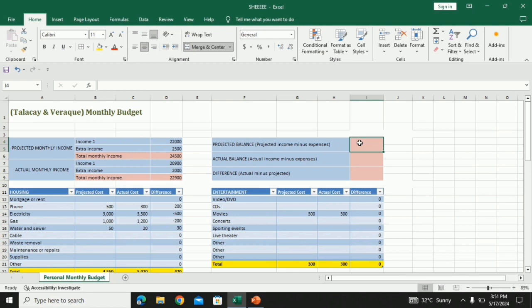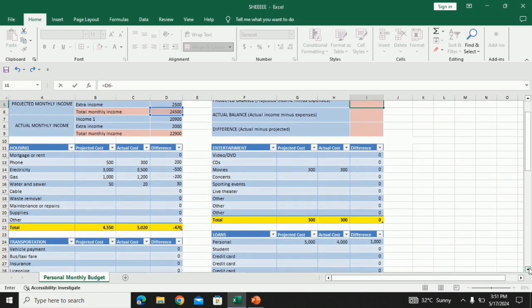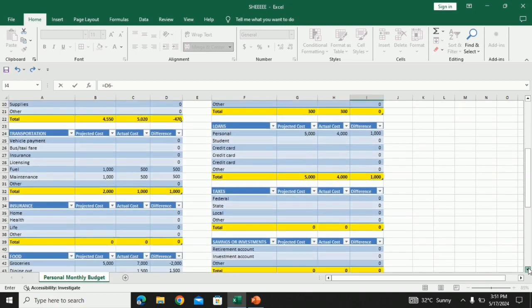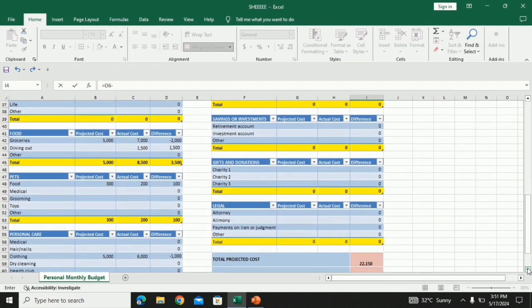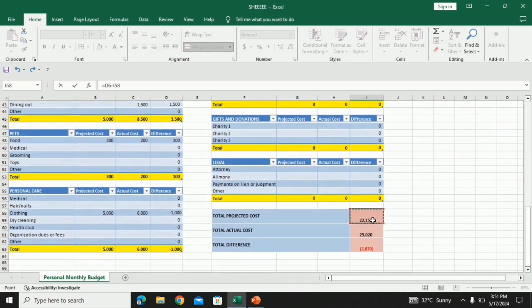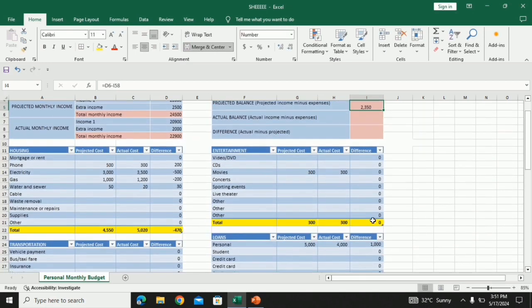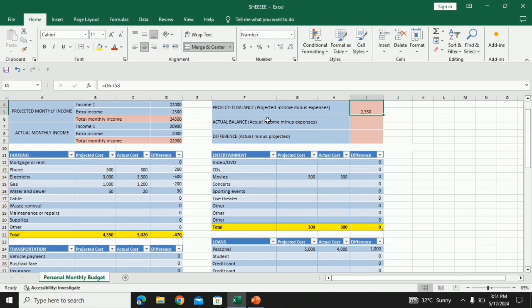And then click here, equals total monthly income of projected monthly income minus total projected cost. Enter.